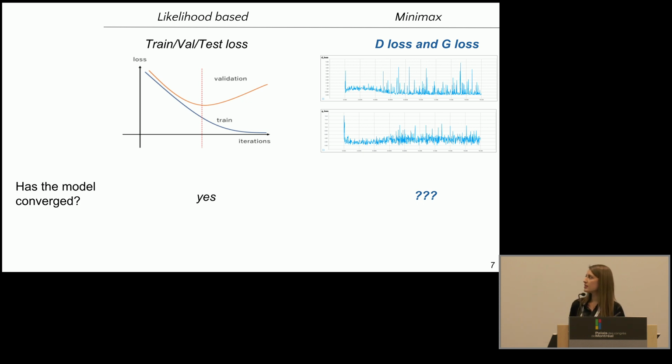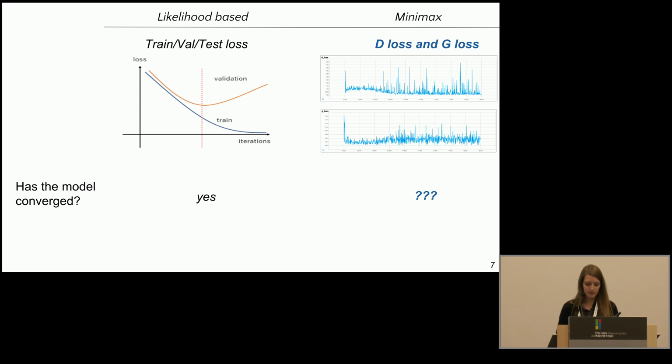So here we can see that the generator and discriminator loss tend to oscillate a lot, and this makes sense because GANs are zero-sum games, so the gain of one player results in the loss of another player. And having this oscillating pattern is very hard to parse for a practitioner and to decide whether the model has